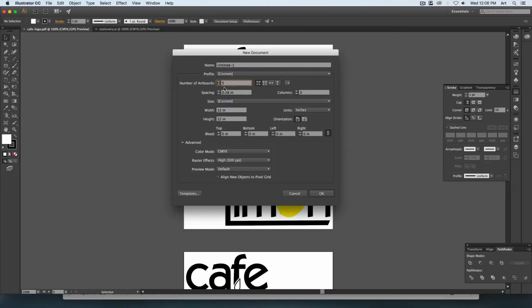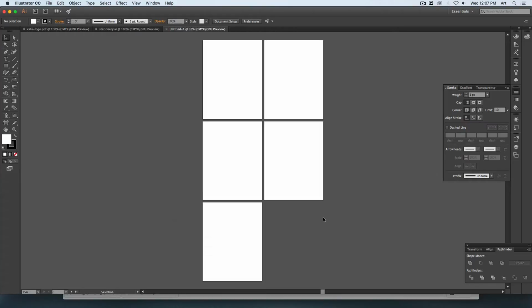So if I needed 5 or 6 or however many different pages, I can give it the way I want it to lay out. In this case, it'll go left to right in a certain number of columns. We'll do it in 2-column structure. And of course, you give it your size that you need. So let's say I needed it 8.5 by 11. Whoops, not 8.5 by 1. Good, letter size. When I say OK, this will automatically generate this number of artboards that I need